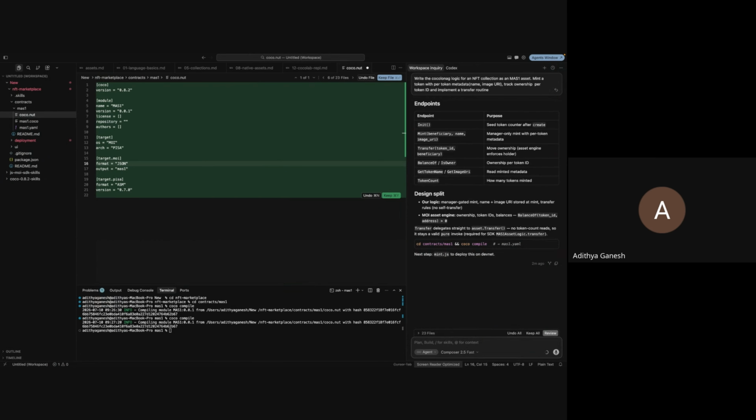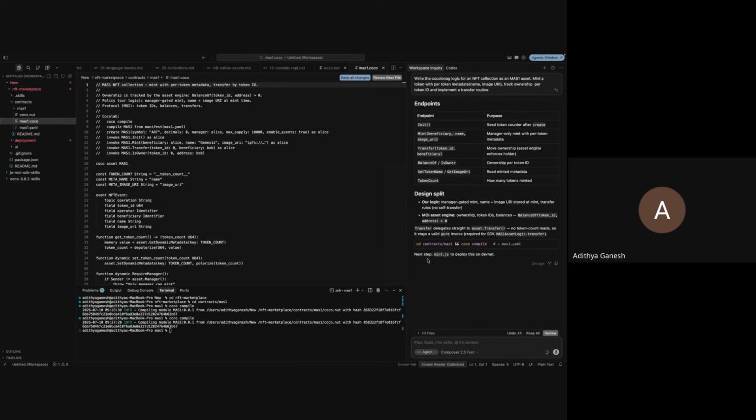So that's essentially what we've done with the Coco contract itself. It's working, it's compiling, and the next step is to mint the actual NFT on chain. And so far we've only used one prompt, by the way, and we have a full logic running. So what I'm going to do next is tell it to write a JS MOI SDK script to deploy this mas1.coco logic